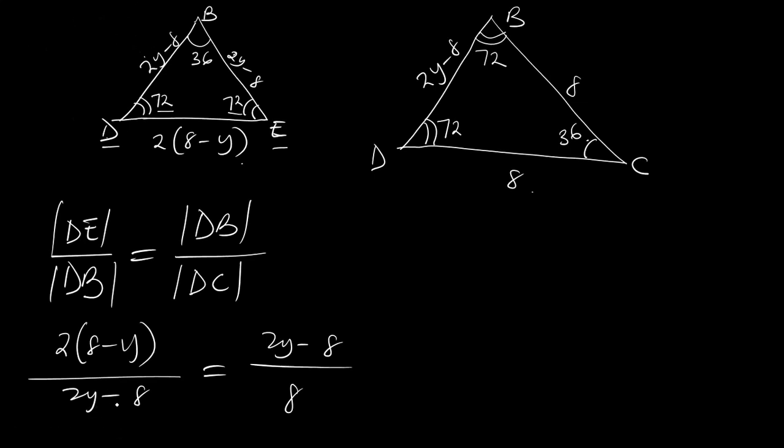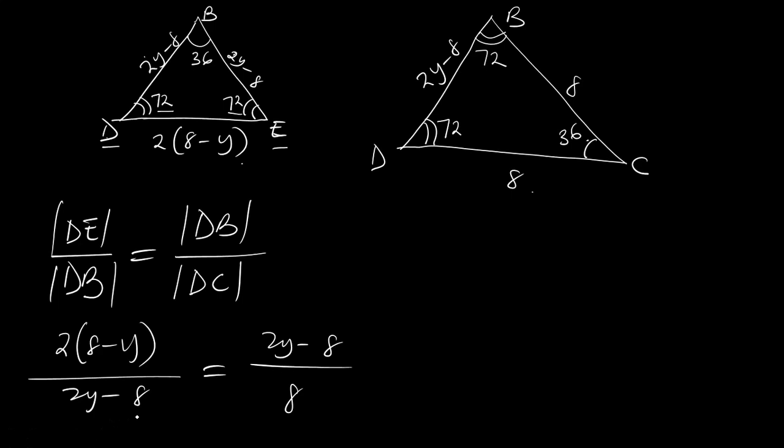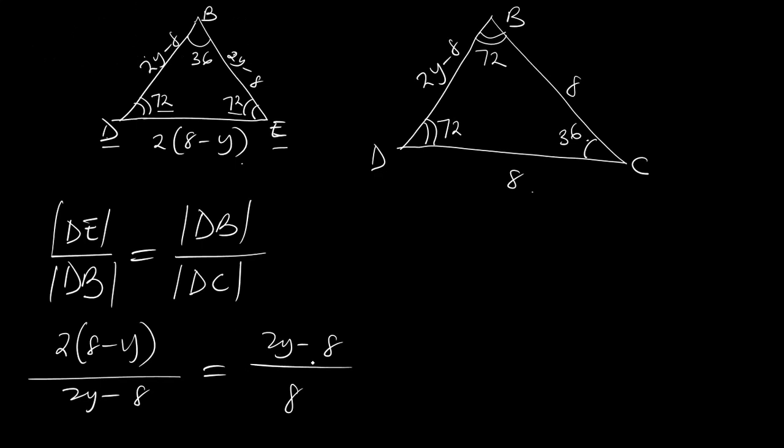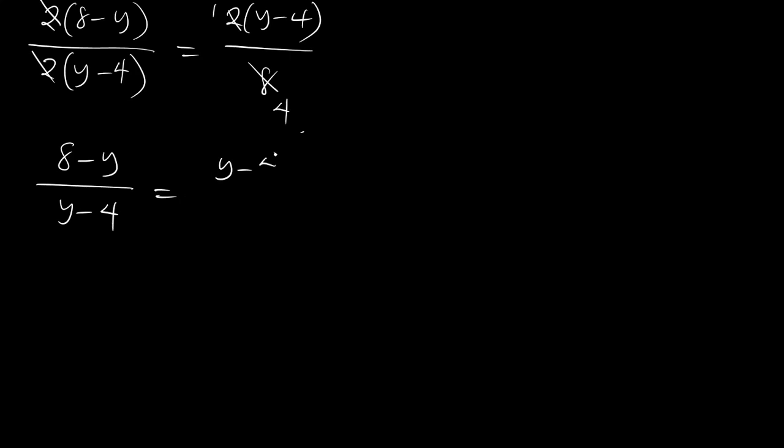So we have 2 into 8 minus y divided by this 2y minus 8. 2 is common here. You can now say 2 into y minus 4. That is it. So now, which is equal to the same as this up here. 2 is common, so you have 2 into y minus 4 divided by what? 8. So these two will cancel itself. Here 2, 1, here is 4. So you now have 8 minus y all over y minus 4, which is equal to y minus 4 divided